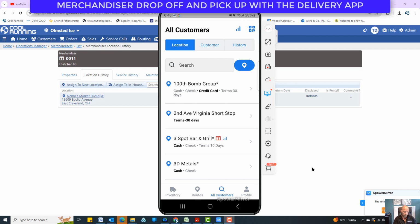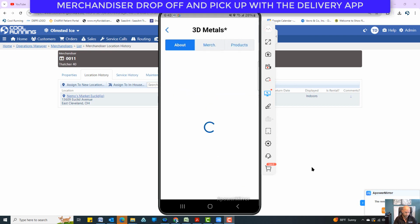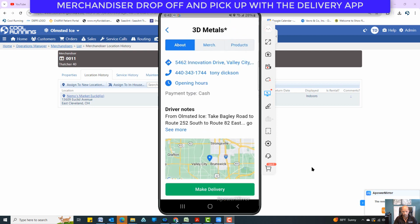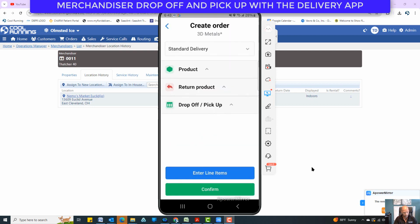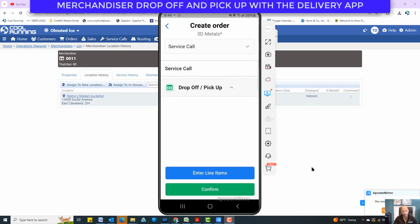So I'm going to pick this one customer here, 3D Metals. Let me see if they have a merchandiser. There's no merchandiser currently assigned to this location. So I'm going to pick 3D Metals, make delivery. Now, I could do a regular delivery and then start a merchandiser drop off on top of that, but I'm just going to do a service call right now,